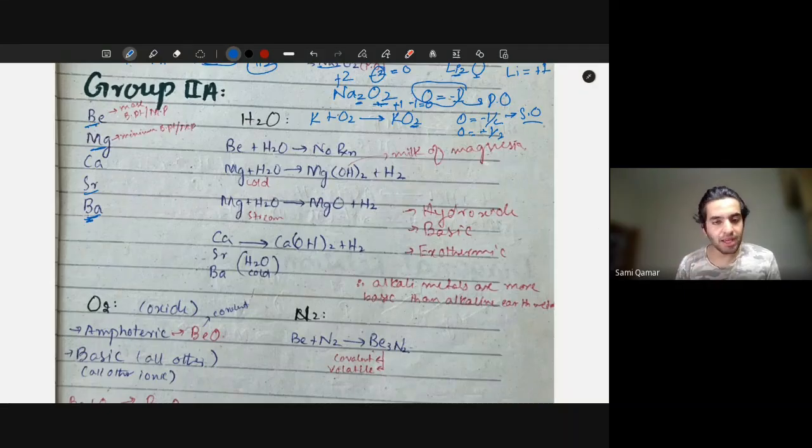While beryllium will have the maximum. The order will go beryllium, then calcium, then strontium, then barium, then magnesium for boiling point and melting point. Okay, now